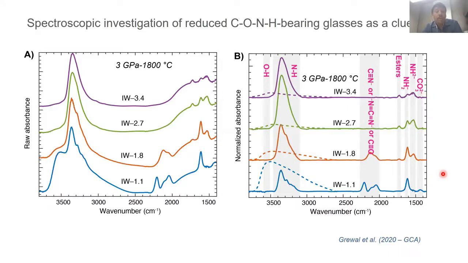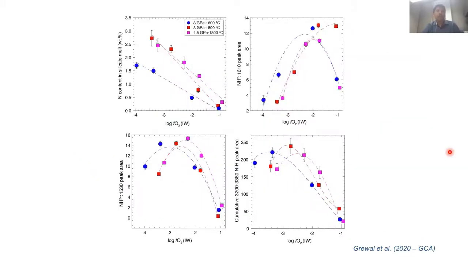What's important here is to see that the peaks actually change in their intensity as you go from less reduced to more reduced conditions. So what that tells you is, as a function of redox state of the magma ocean, the dissolution of volatiles is expected to vary. This is known for a long time, but for the first time we are getting the most realistic mixed volatile system data in terms of spectroscopy. So if we go a little deeper, and I know this is maybe getting a little too technical, what this plot is now showing you, from a plot like the previous one, we can now calculate